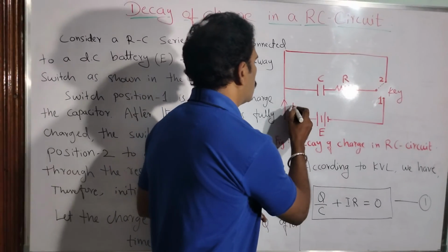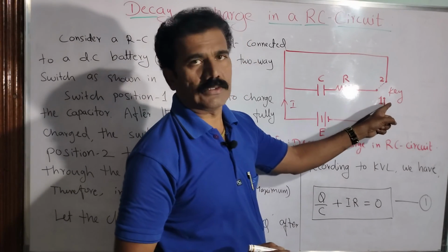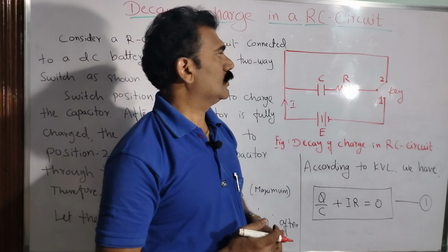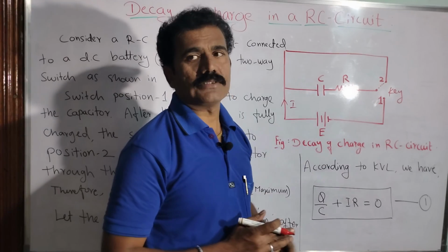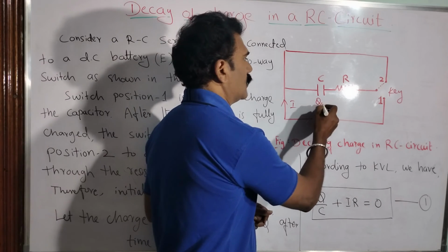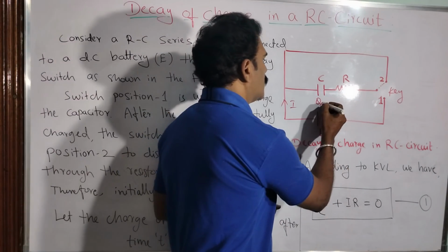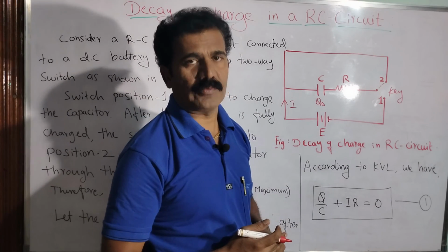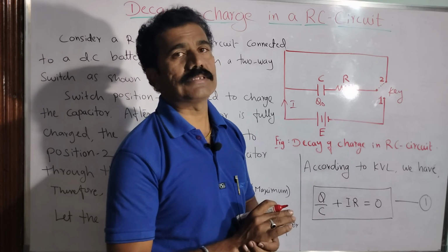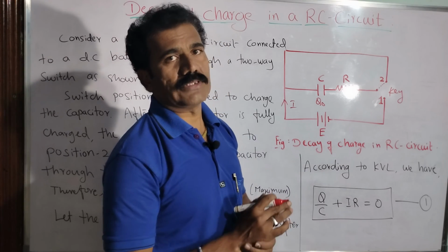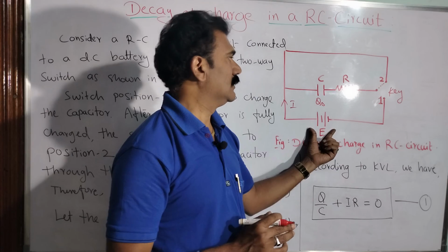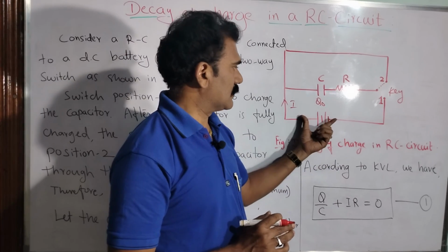As the current passes through the primary circuit, during position 1 of the key, the capacitor starts charging continuously. You have to wait for some time till the capacitor charges completely to the maximum. That maximum charge is considered as Q0. The capacitor has a certain capacity, and we can charge it only up to that. Once it reaches that capacity, the potential drop across the capacitor is equivalent to the supply EMF E. So till the complete charge takes place, you have to wait.